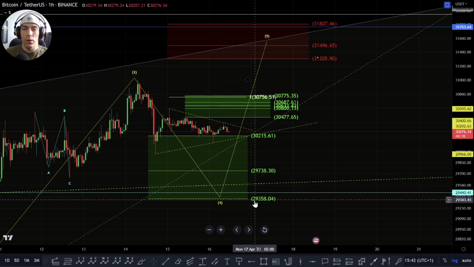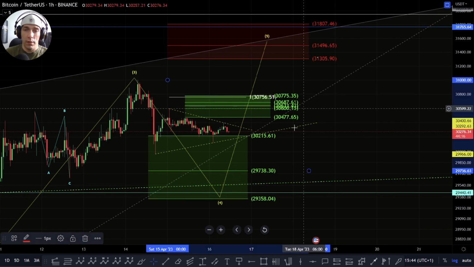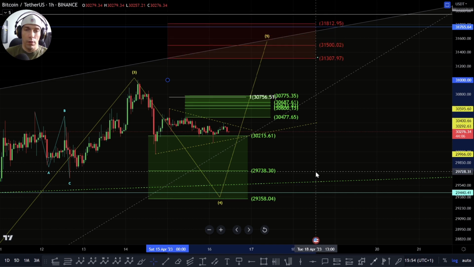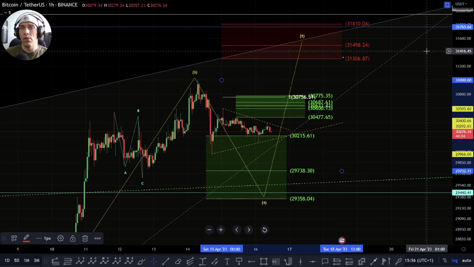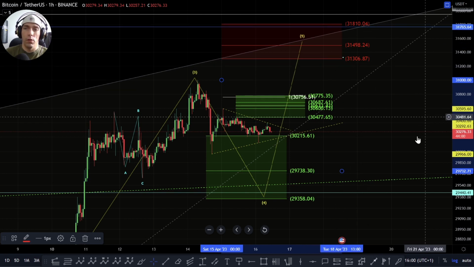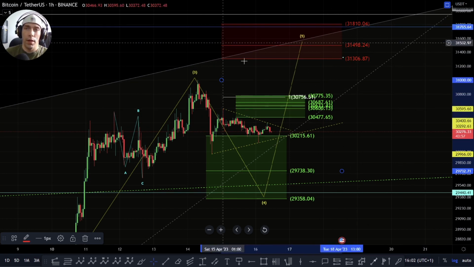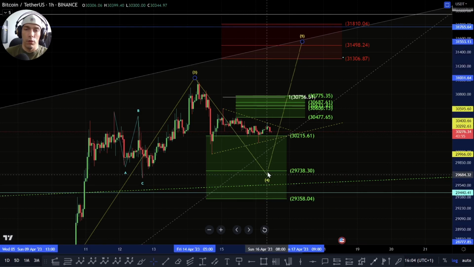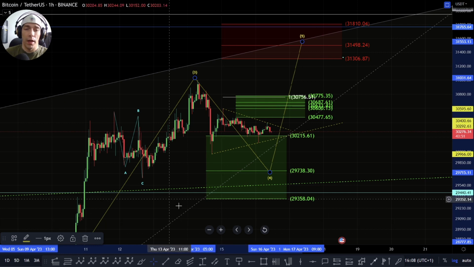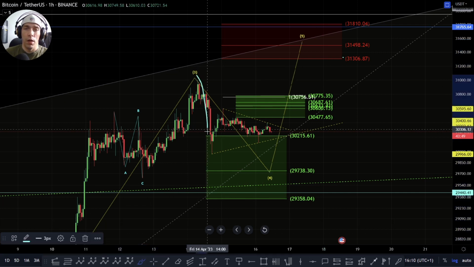If we do find support down here towards this 29,358, that would push this target area up towards this 32K region to this 31,402. However, if we only came down to that 382, which would actually be a retest of these lows, then that would bring it up towards this 31,800 to this 31,306. So this is going to be a key area we're going to be looking for if we do look to push to the upside. But really, we need to get back above this high and invalidate that possibility of starting